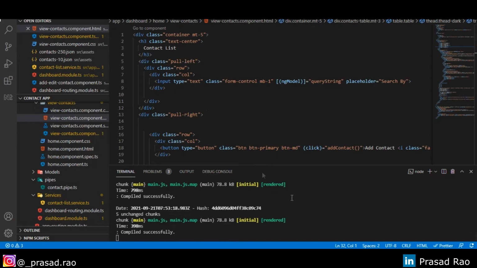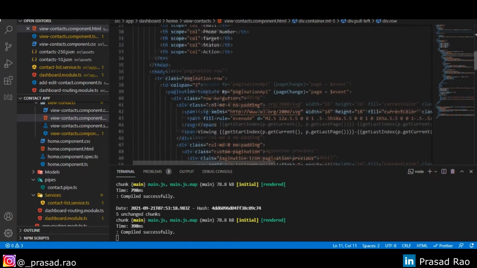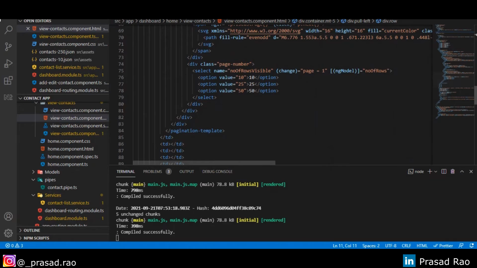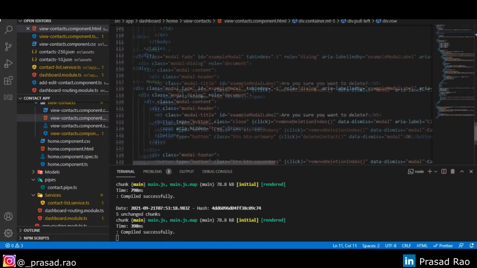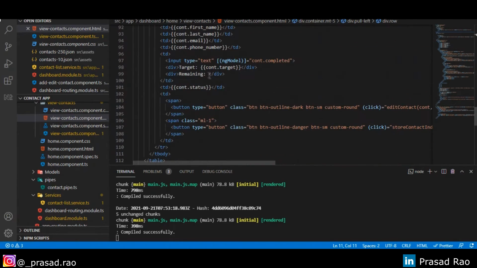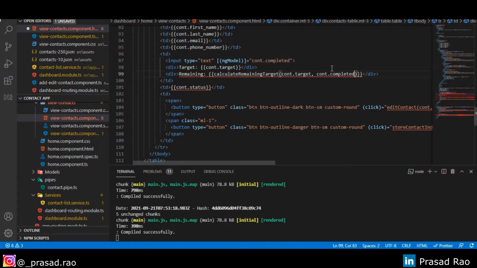So let's first create an Angular function. We have the TD somewhere here. Let's say calculate remaining target. What this will do is take the actual target and deduct the completed target.